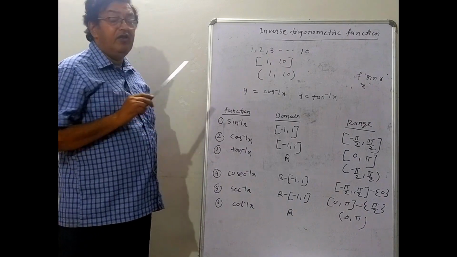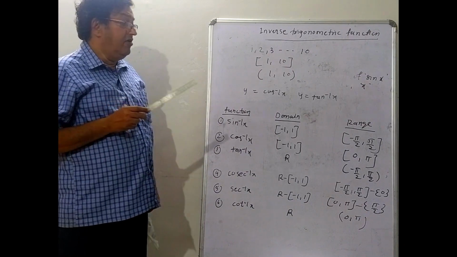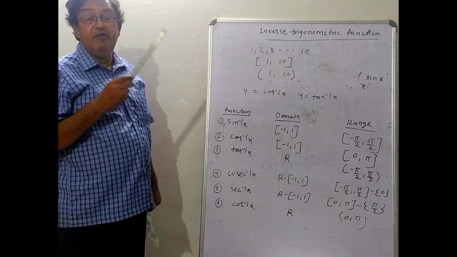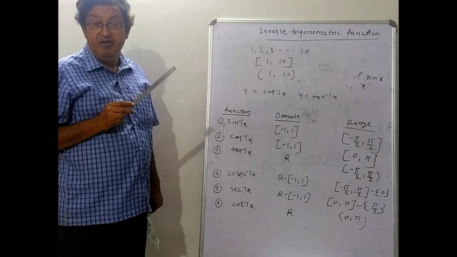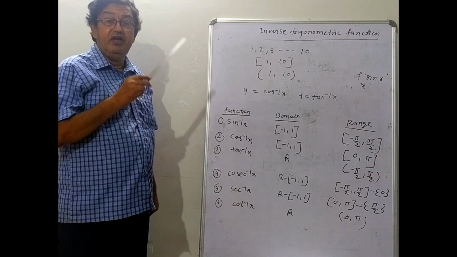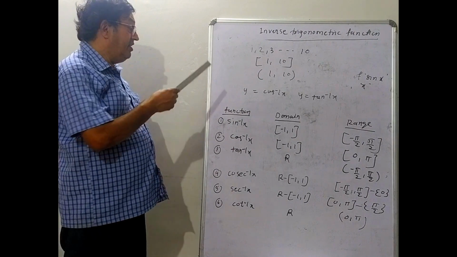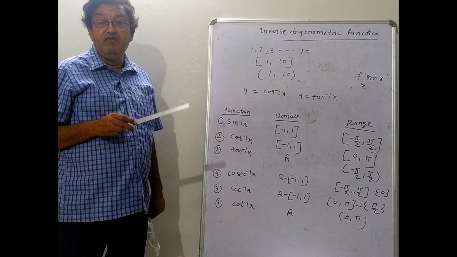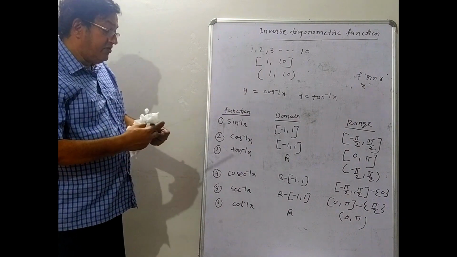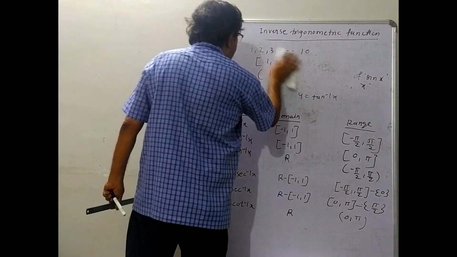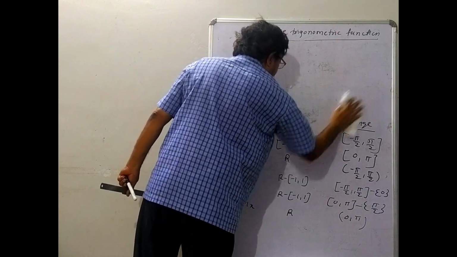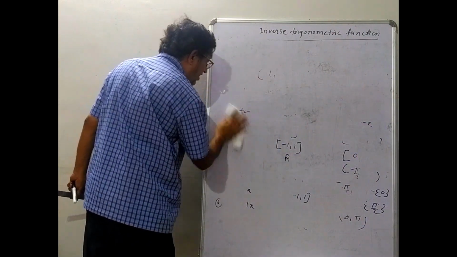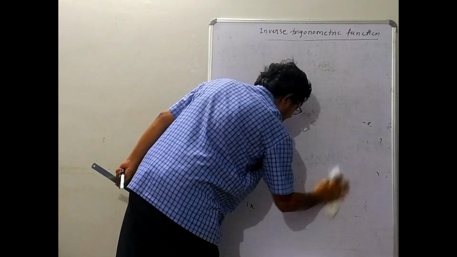Here you have to remember all these values. The reason is, your first 1 mark question may come from this topic. It is an optional question. Sometimes they ask you to write either the domain or the range of any one of the functions. So next we will come to some of the properties based on this, which are very helpful to solve the sums.